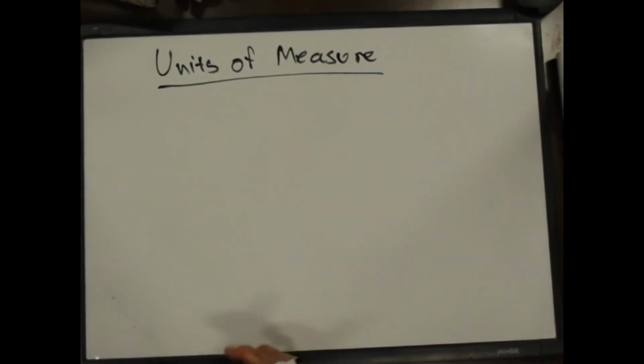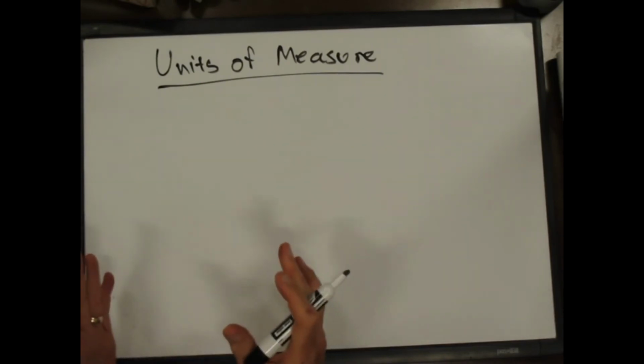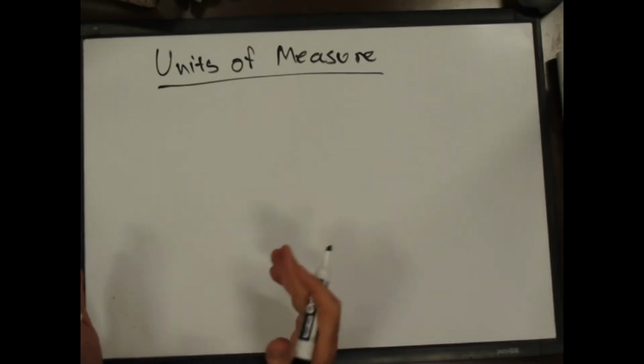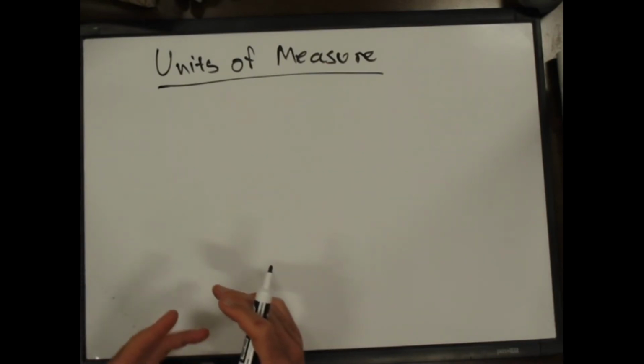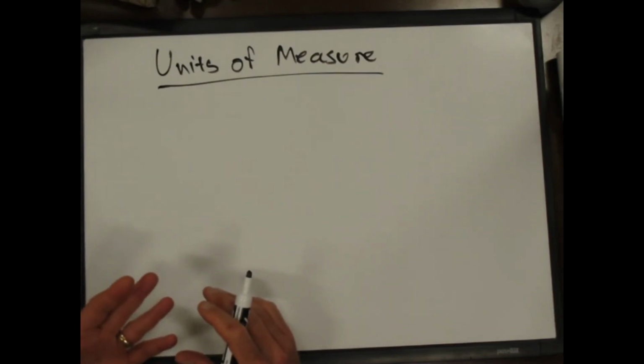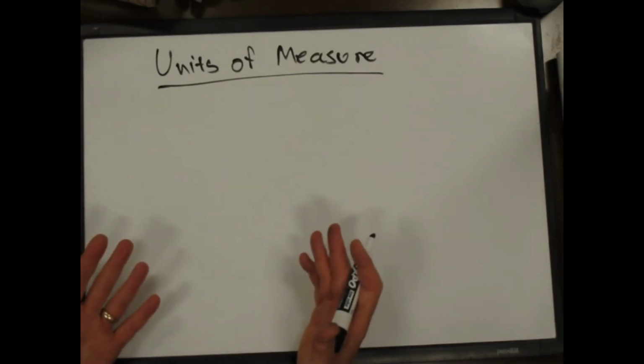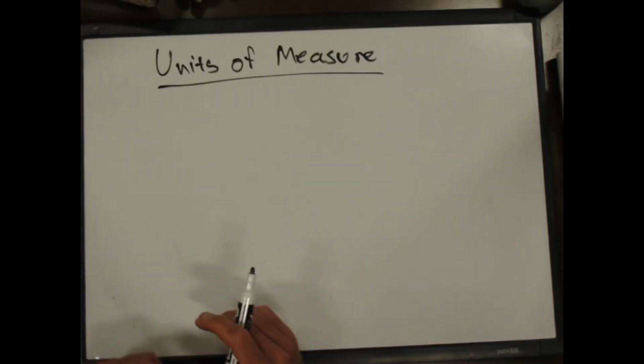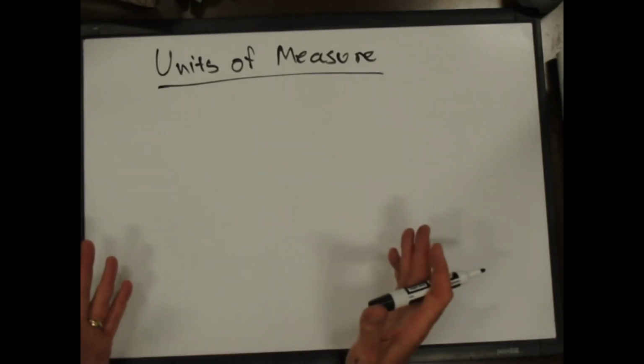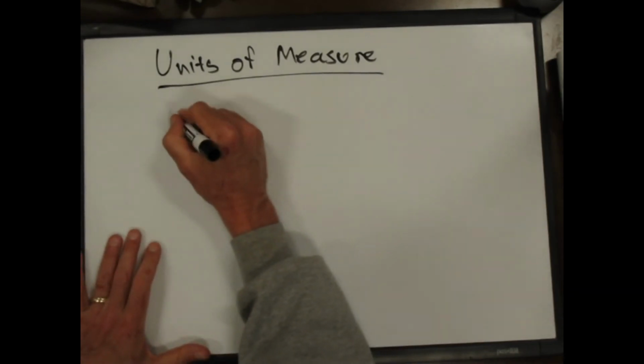So let's talk a little bit about units of measure. We talked about physical quantities, and we talked about dimensions. But all we talked about was length and time and mass and energy and power and velocity and acceleration and things like that. We didn't talk about what units we're going to be measuring in. Mostly,